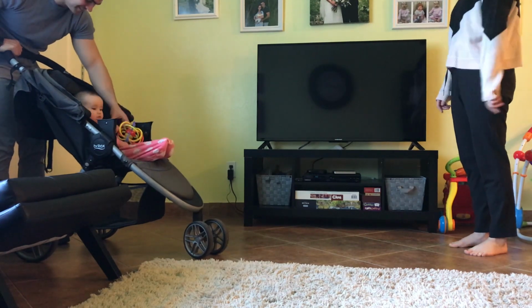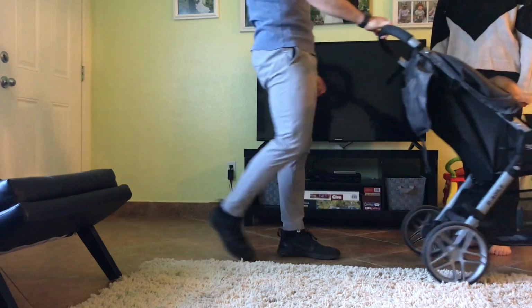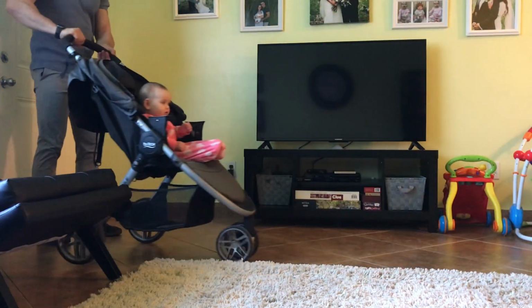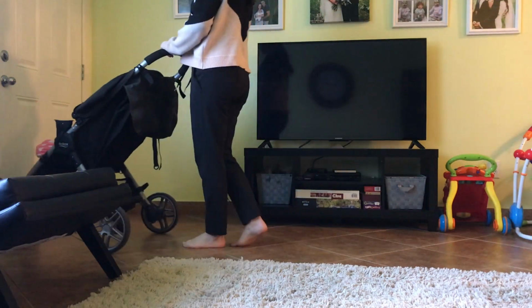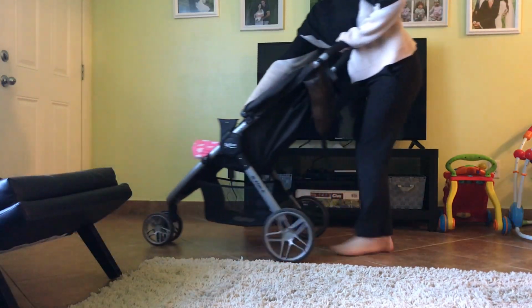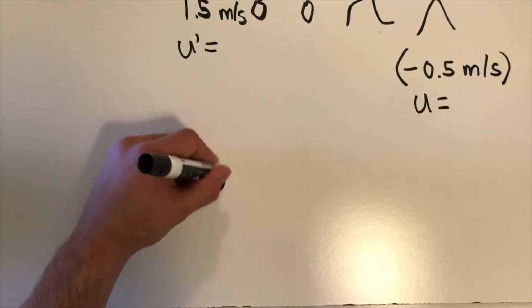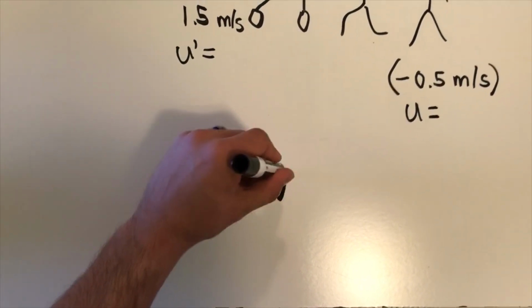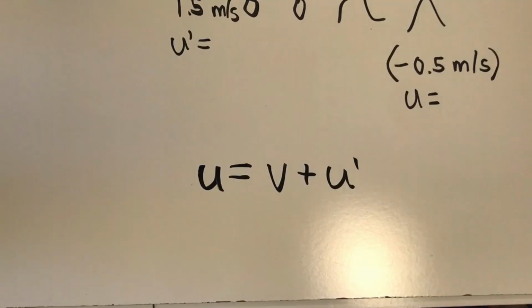Suppose, for example, that a baby is traveling in a stroller. She throws her toy forward. What is the speed of the toy to an observer? And also, if the baby were to throw her toy backward, now what is the speed of the toy relative to the observer? The equation we use to solve this problem is by adding velocities classically, and it's u equals